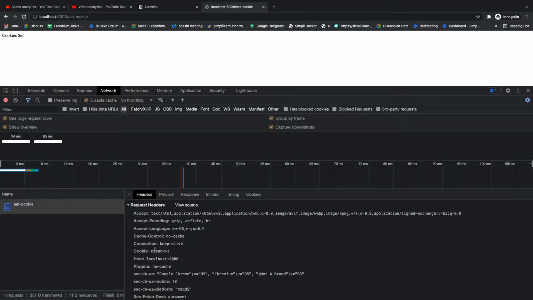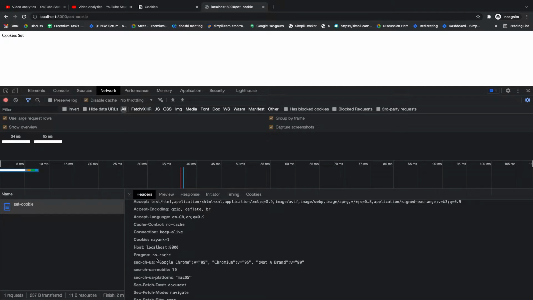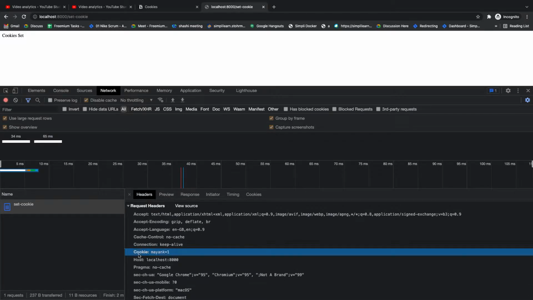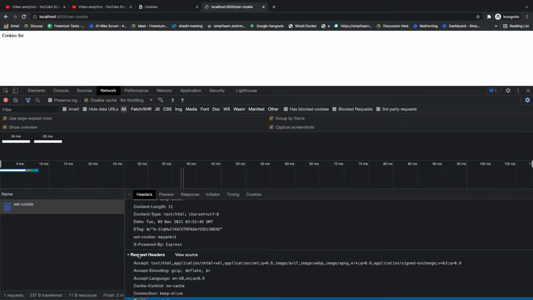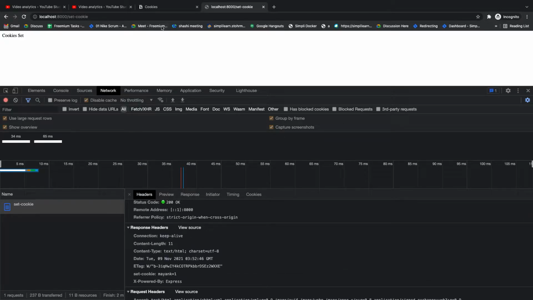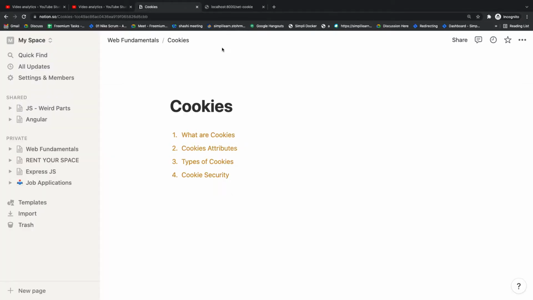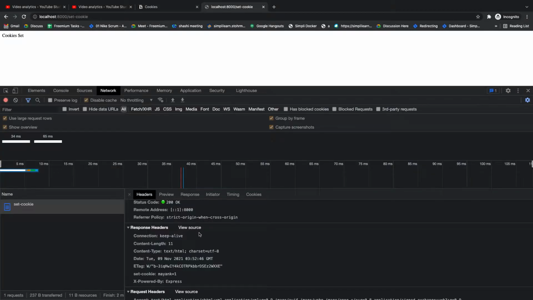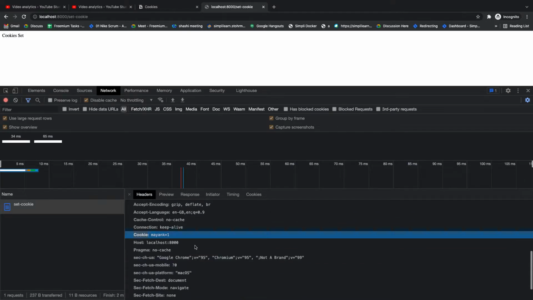If you look at the request headers that we send to the server as a part of the HTTP request, the header name is called cookie. Just keep in mind, this is sent with every request that we send from the browser to the server. When the server sends the cookie back, the server also has the capability to ask the browser to set a cookie on the server's behalf, and that's when the server sends a header called set cookie as a part of the response header. So cookies are just an HTTP header that we send with every request to the server, and the server can also send us the set cookie header, which the browser will read and use to set a cookie for that domain.